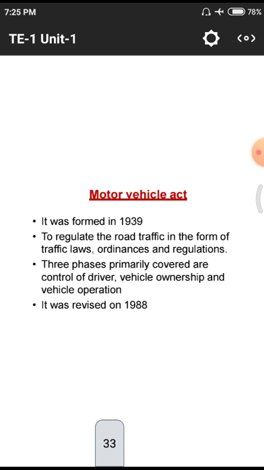So control of the driver is the first priority. After that, the second priority is vehicle ownership: which person the vehicle belongs to and which person is driving. That is the second criterion. And next, the third one is vehicle operation, whether in its condition it is safe to drive or